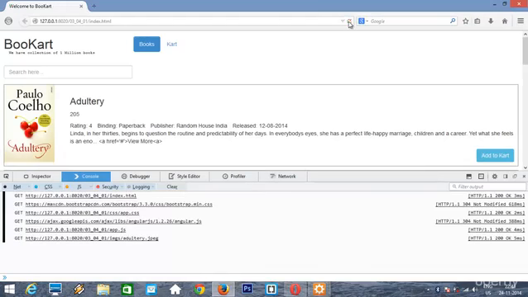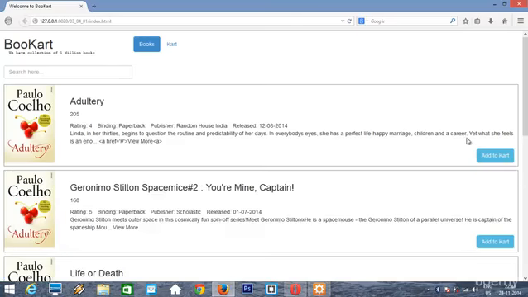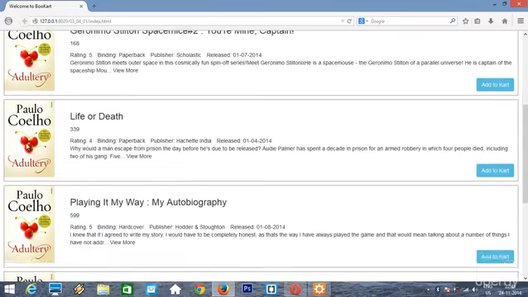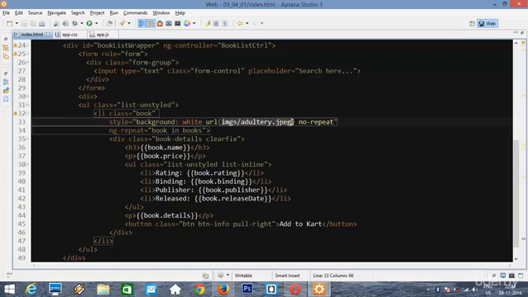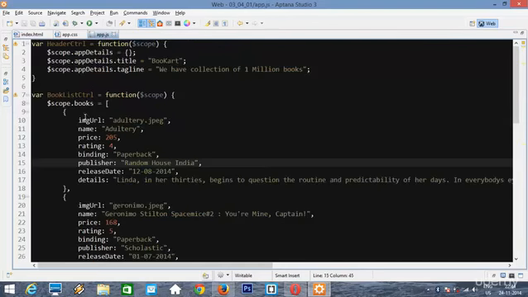Okay, let's run it in the browser. Wow! All our books are getting rendered now using one template, thanks to ngRepeat. But we got a problem here. We are getting the same image for all the books. Let's handle this. Okay, so we need to replace this hard-coded URL with the image URL property of our book